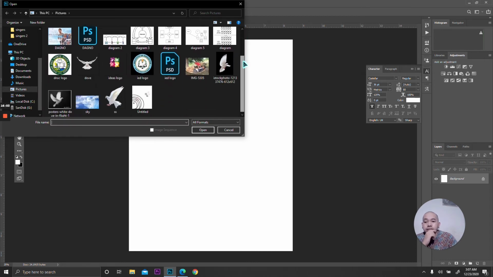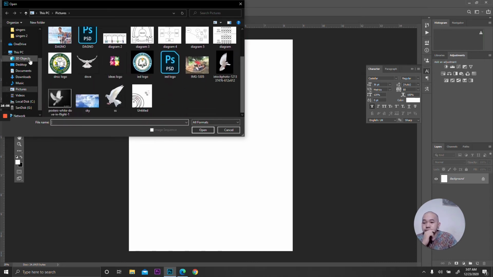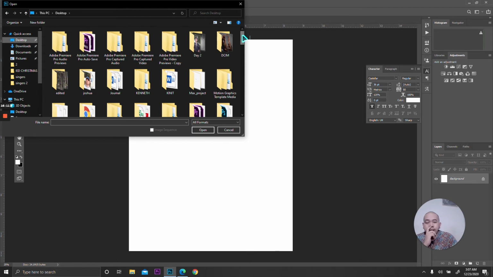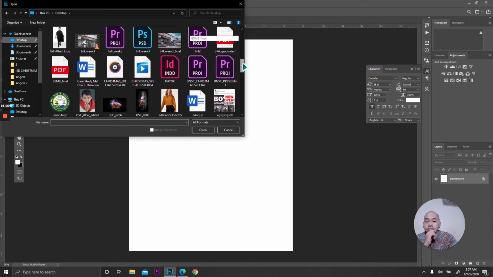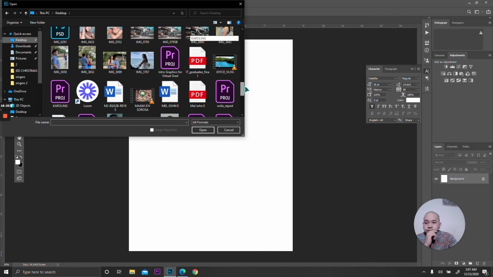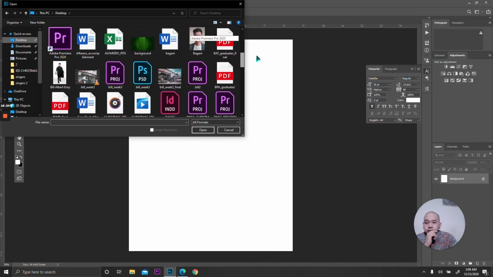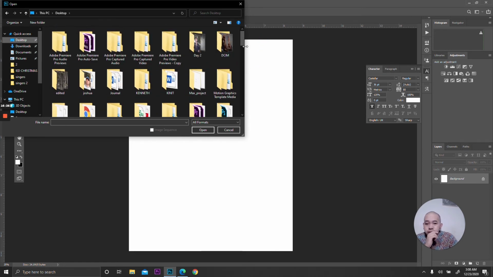and you can browse yung file na gusto mong i-open. Like for example, punta tayo sa desktop and then let's try to open a PSD file. So let's like for example,